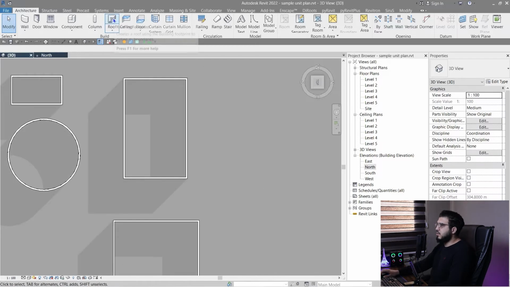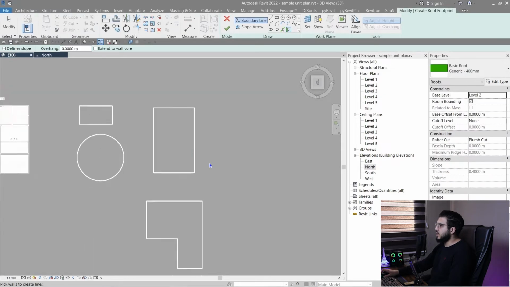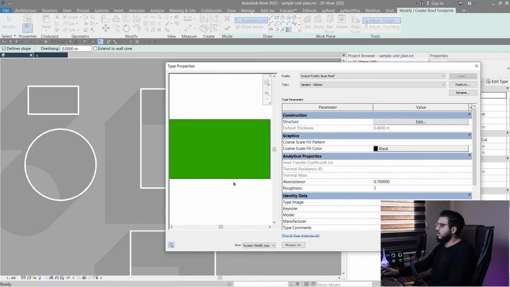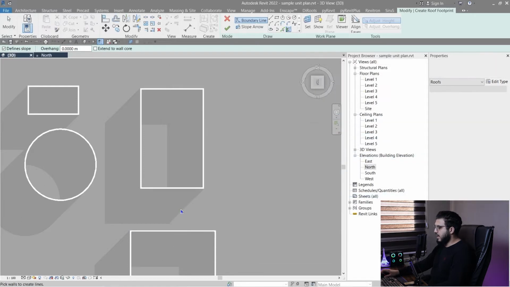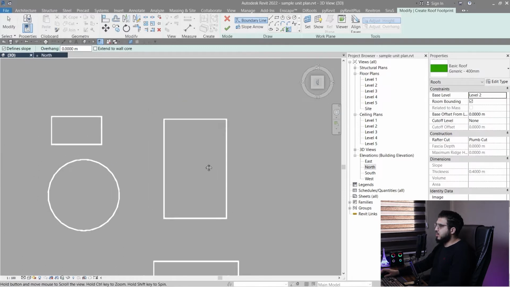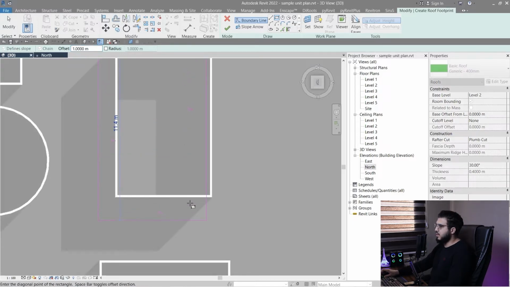But in here, click on roof and roof by footprint, and then specify the exact level that you want to create your roof on. Click on yes, and then you have the tools that we had in floor 2. For the layers, it's the same as floors that we covered earlier in this video, so I'm not going to cover the layers again. And then you can specify the place that you want to create your roof. For example, let's choose this rectangle in here, and let's assign a 1 meter offset, and let's create our